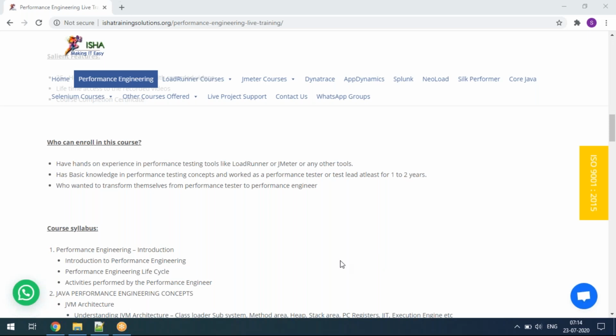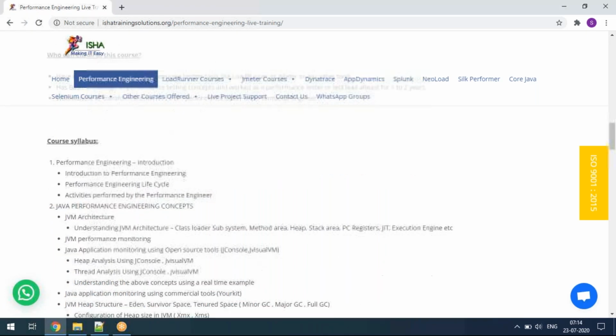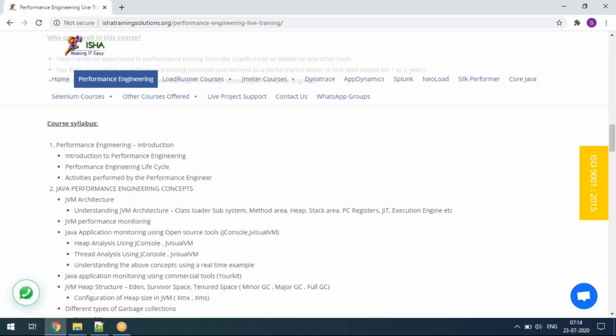Yeah. Thank you, Afin. So basically, I'll walk you through this course content, and then we'll see a small bit of engineering activities. We are going to cover performance engineering. Why performance engineering? The question will be there. I know there are people in this forum who have been working in performance testing for 8 years, 10 years, and feel that they have reached 10 years but something more has to be done.